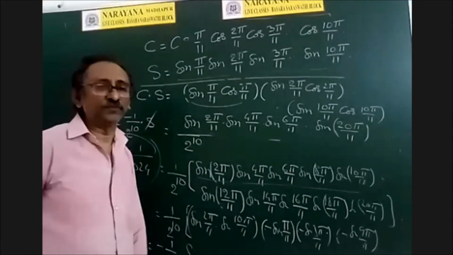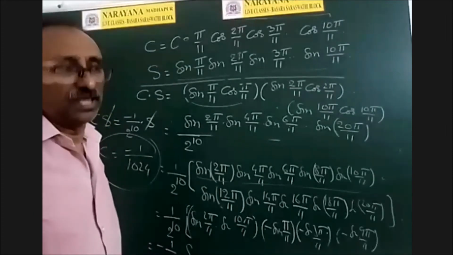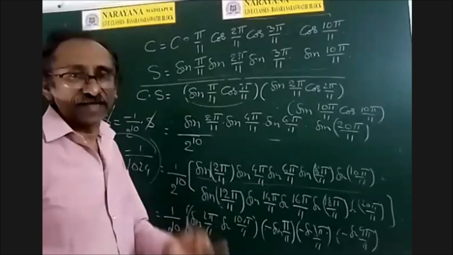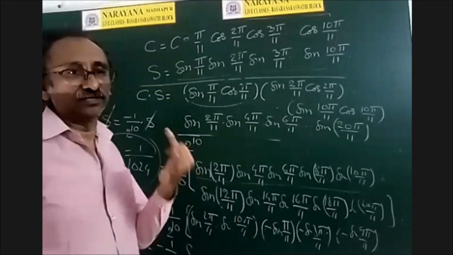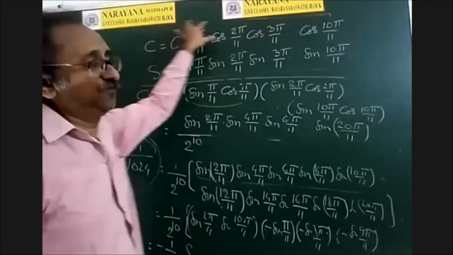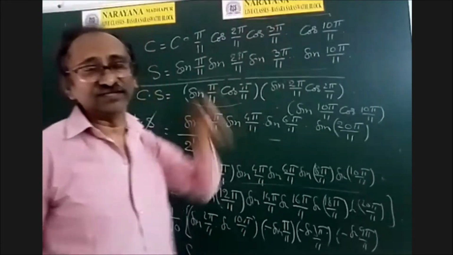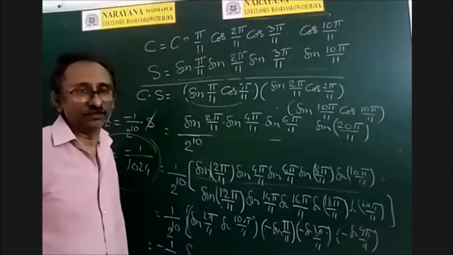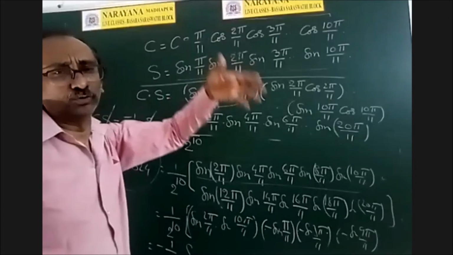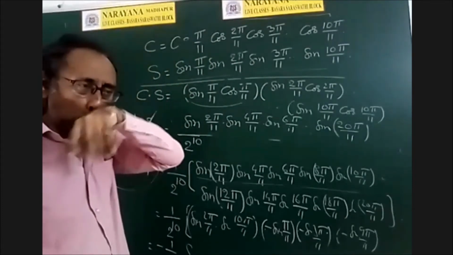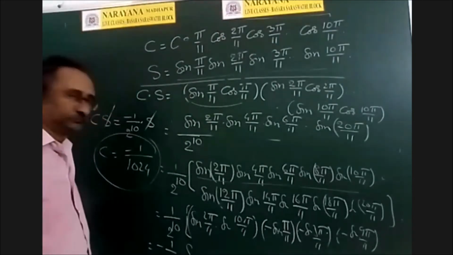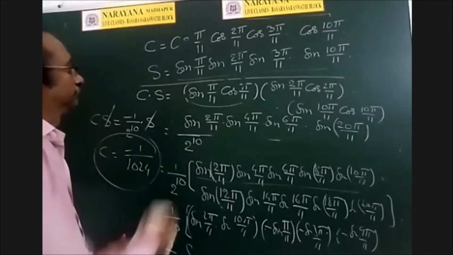So S1 is not 1. You should not take S1 as any number. S1 is nothing but sum of the terms tan theta 1 plus tan theta 2 plus tan theta 3 plus tan theta 4. So in the equation, those four are roots. So what is the formula for sum of the roots? Minus b by a. And if you see that in the equation minus b by a, you will get some sine 2 beta like that. Okay? Okay, sir. Understood, sir. Like that you will get. Thank you, sir. Okay. So right.